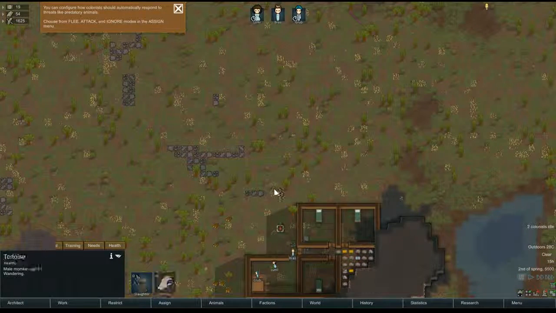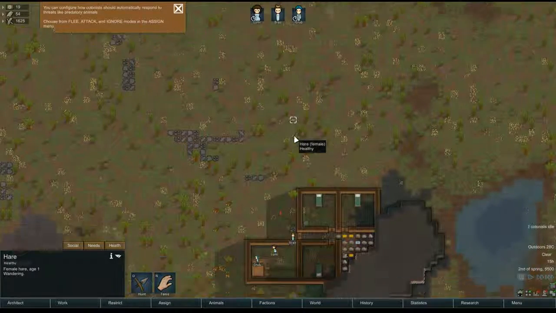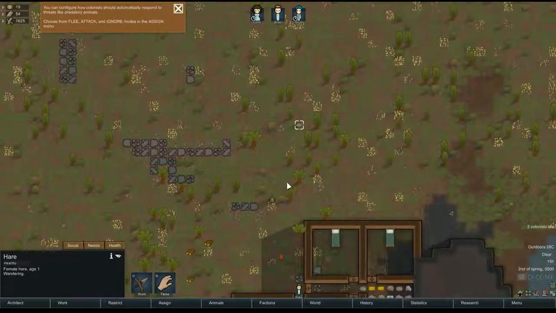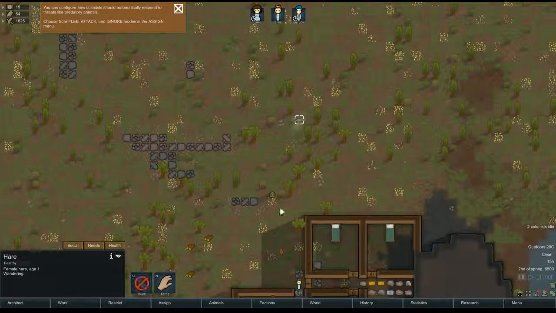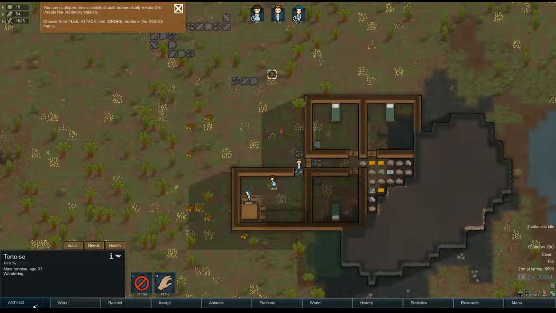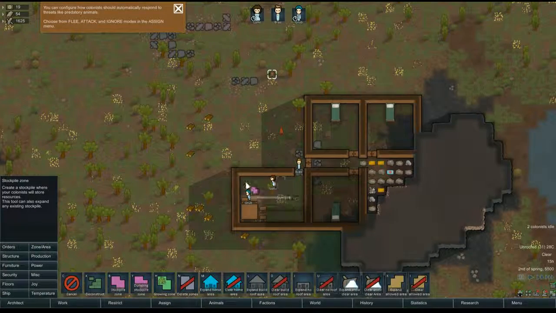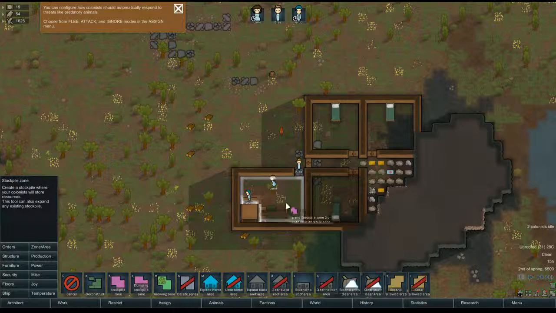There are also wild animals around, which you have two options. You can tame them to make them part of your farm, or you can hunt them to kill them. So the first thing I'm going to do is, to get some meat going, I want to hunt these two guys. Also, for the purposes of this video, we are going to throw in a stockpile zone into here,